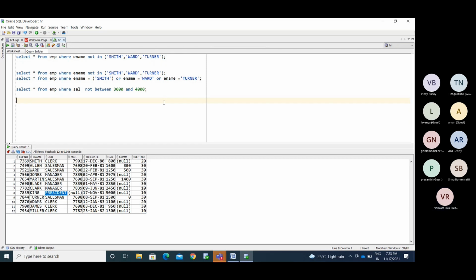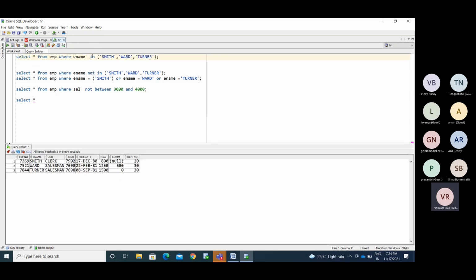If you want to check with multiple values, you are using ename equal to Smith, Ward and Turner, right? So you are getting the data here. Now we can retrieve it in a different way.